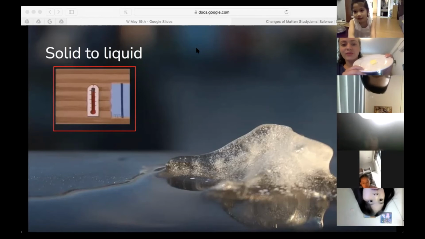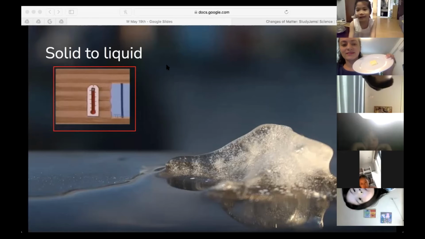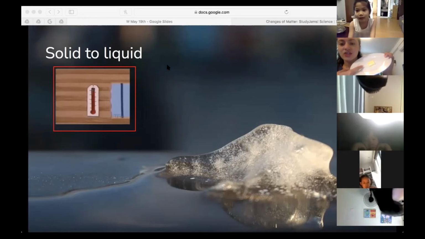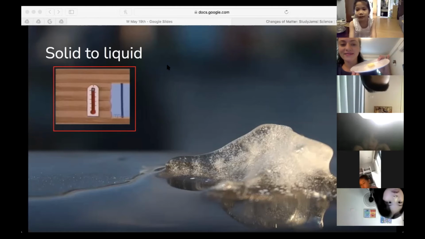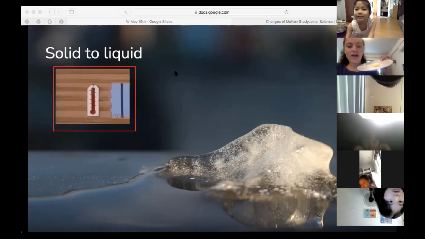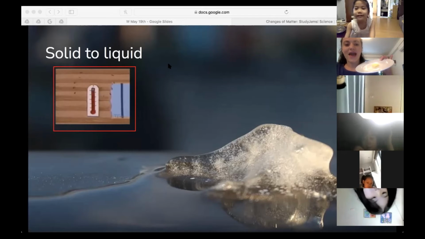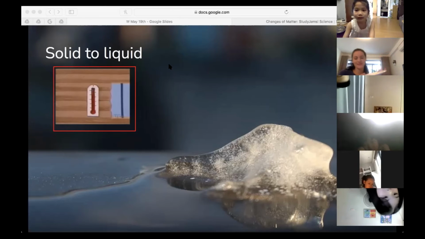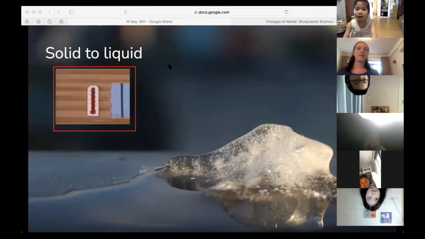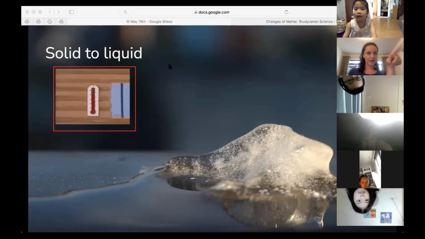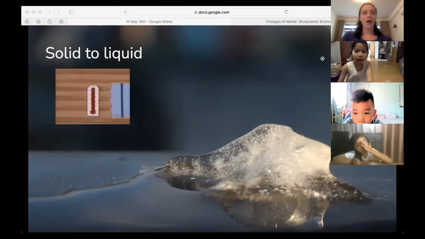Change to a gas? What is it right now? A solid, a liquid, or a gas? A solid, because it keeps its shape. Can I go straight from a solid to a gas? No, what is between a solid and a gas? Liquid. So let's see what happens. I'll be right back. Butter is very soft. I think it only needs maybe 1 minute, but I can see it from here, so I'll keep an eye on it. Okay. Next one